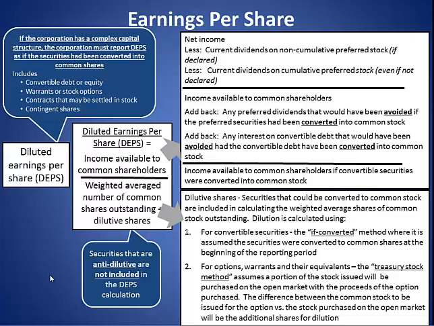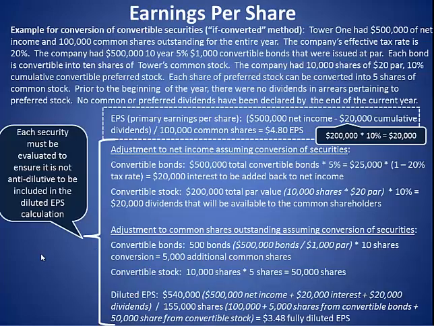Let's take a look at an example. Here we have an example for the conversion of convertible securities. In other words, if it's a convertible security, we're going to use the if-converted method. Now, this problem has a lot of wording in it, so we're going to have to go through the whole problem. Tower 1